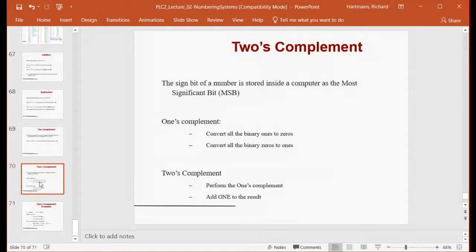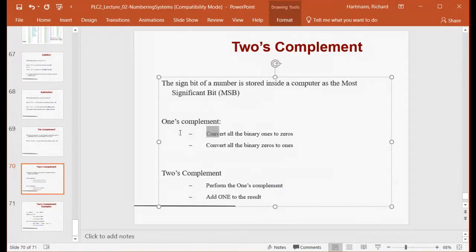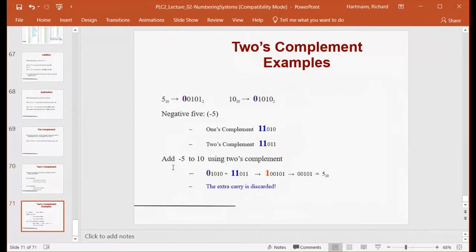Okay, so what the twos complement is, you do what I just did to create a ones complement. So you take all the ones in the binary value and turn them to zeros, and you take all the zeros and you turn them to ones. You just flip them. But then you add 1 to the result. And it turns out when you do this and you try to do the math, so in this case here I have the number